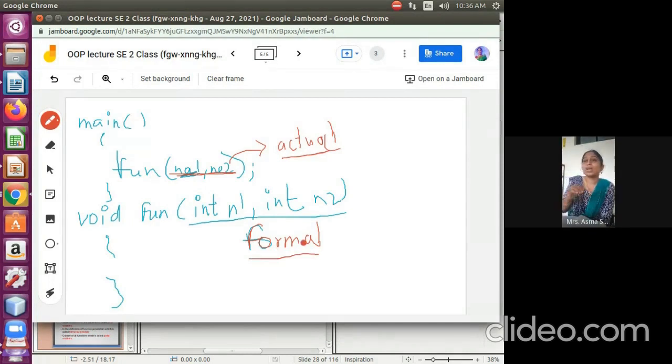Like your name is Nitin in our educational documents anywhere. But at home, our family members call us with nicknames. So we can have those names here. The actual parameters are the actual values, those we can access there. One minute, students.